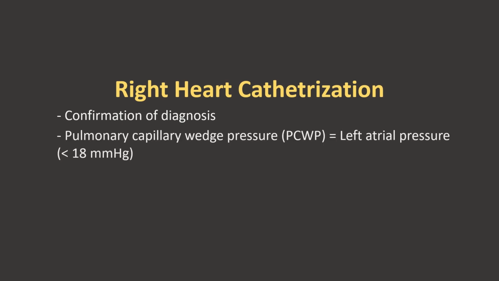Right heart catheterization is important to confirm the diagnosis of primary pulmonary hypertension, and it is also useful to assess pulmonary hemodynamics like pulmonary artery systolic pressure, pulmonary artery mean pressure, and pulmonary artery diastolic pressure. It can also be used to measure left atrial pressure by measuring pulmonary capillary wedge pressure, which will help in indicating the presence or absence of left heart disease as a cause. Right heart catheterization is also valuable to measure acute vasoresponsiveness of the pulmonary artery to nitric oxide or epoprostenol, and this can thus guide further therapy.